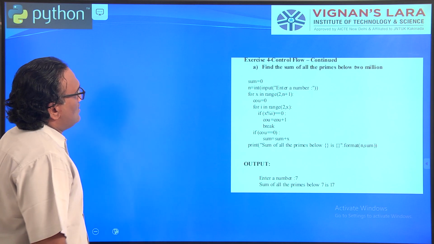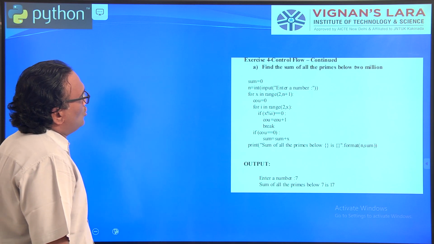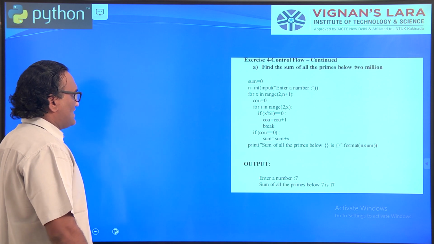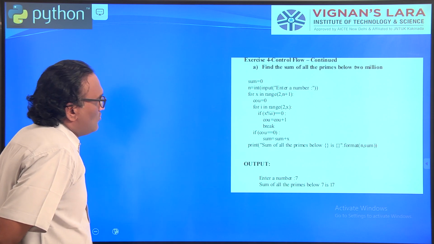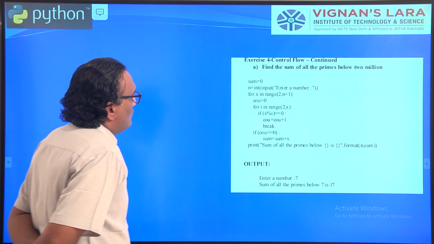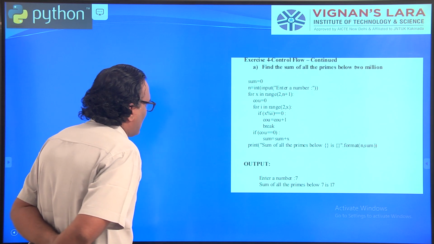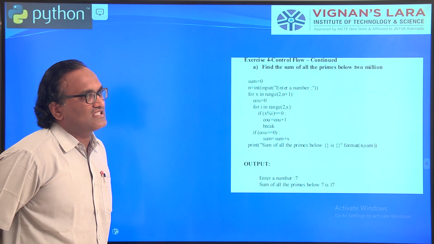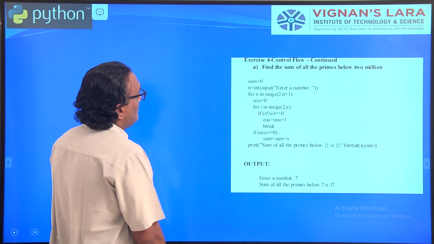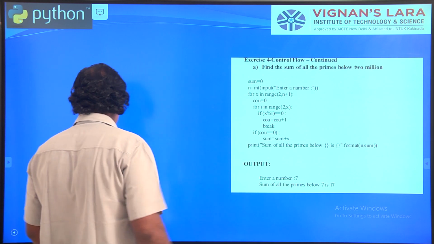Now, we have two loops. We are also considering 7 in the sum, if 7 is a prime number. That's why I am taking up to n plus 1.